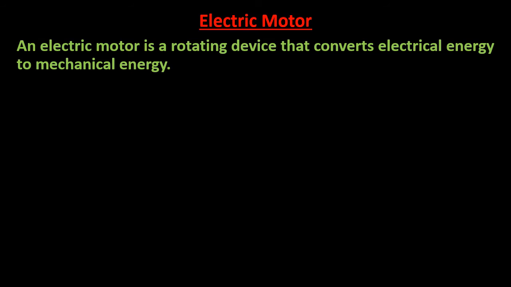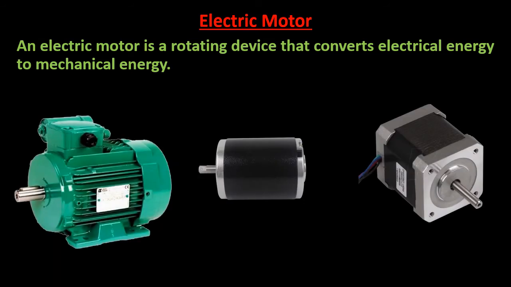There are different forms of motors. A few examples are here. If we supply the current to this motor, then this will rotate, and here the same, this will rotate, and here there is a wire also. If we supply the current to this motor, then the coil inside will rotate and this will also rotate. So the motor has very large applications.